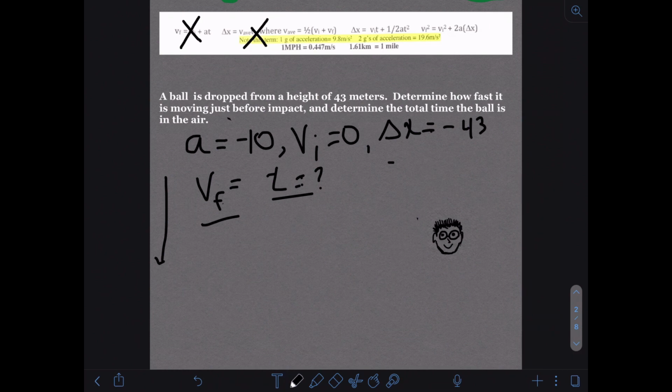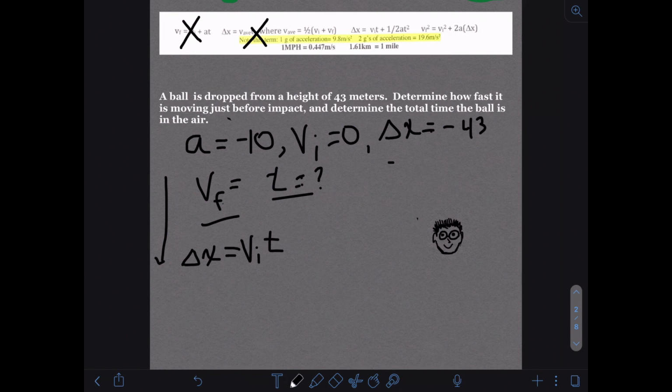And VIT plus 1/2 AT squared. Can I use that? Let's see, I've got the X. The VI is 0, great. Yeah, I'm going to try that one. That will give me the time. The time is in the air. Or I can use the VF squared. I think it depends on how you want to approach it. I'm going to go after the total time first. You can kind of choose how you want to do this. But I'm going to look and say, if I know the displacement,